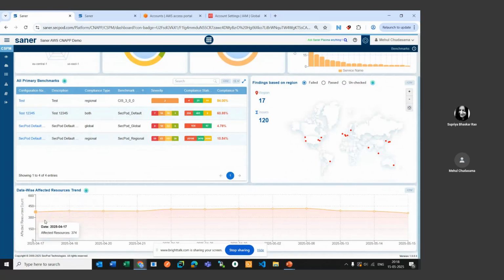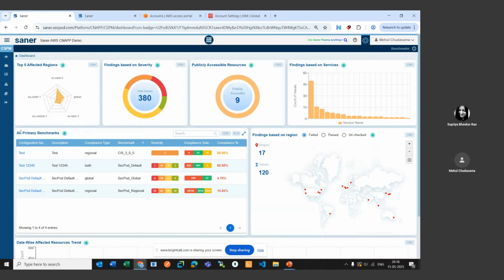We also show the date-wise affected resource trend over time. So we can say that on this particular date, on 28th of 2025, there were around 409 affected resources, which was down to 389 after we ran remediation patches and so on and so forth.